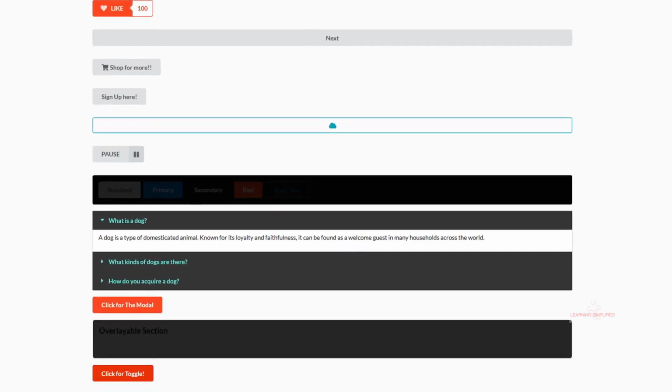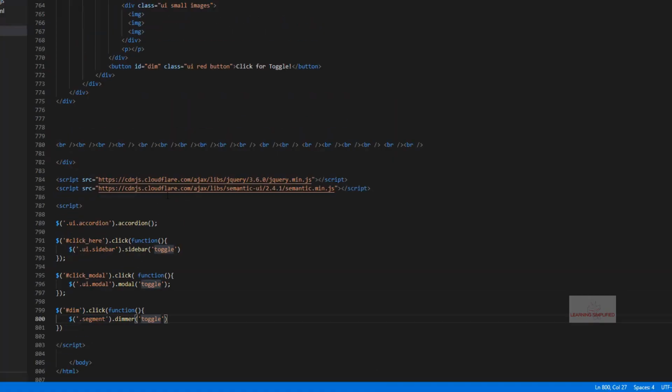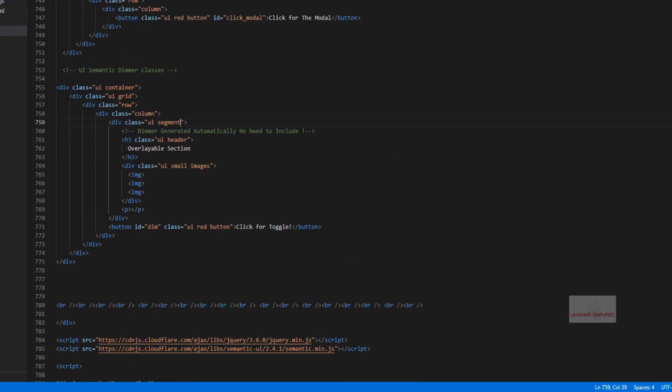Now this is where we need to understand, we need to target a definite class which is being applied to this overlayable section only. This is the main thing that we need to target. So let's head back to the text editor, and here we will be creating a new class which is known as custom. We don't have to define it. We don't need to impose any kind of properties, any kind of style attributes right into this individual class that we have created here, which is known as custom.